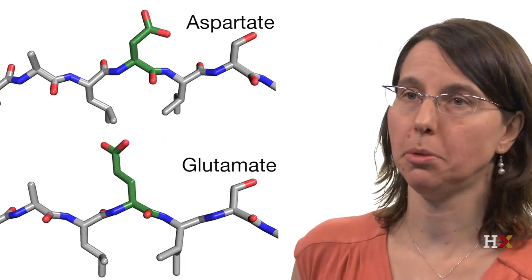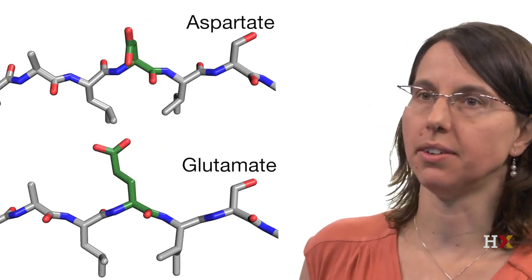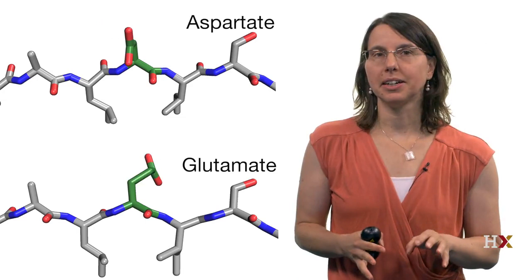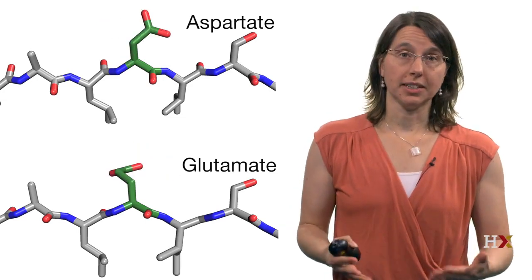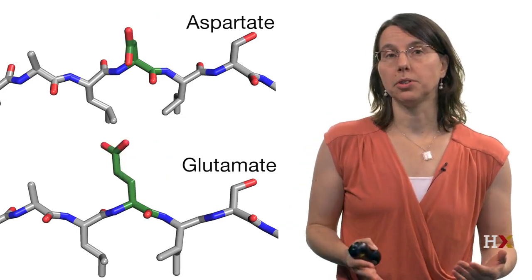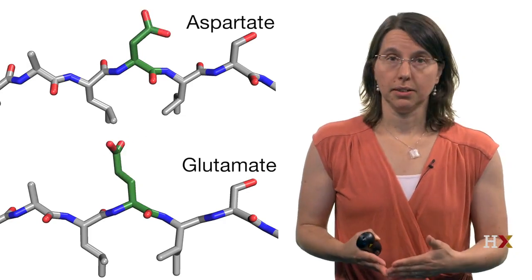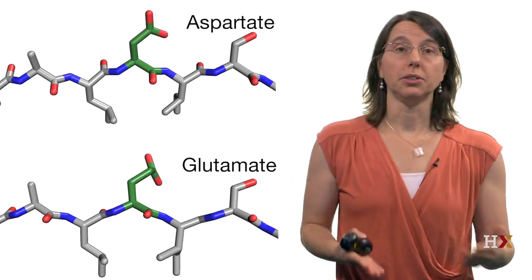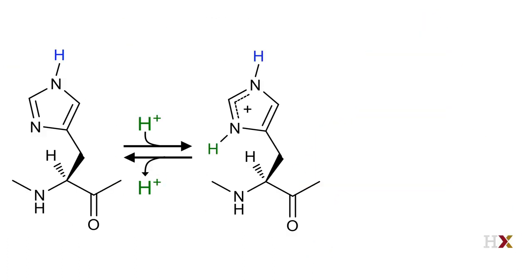So although the glutamate can optimally position itself, that can come at an entropic cost. And that's because the conformational flexibility of the many rotamers will then be limited once it reaches its bound conformation, reducing its entropy. So now let's turn to histidine, which is another interesting amino acid that's often found in the